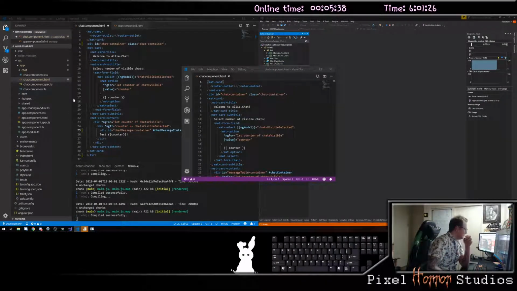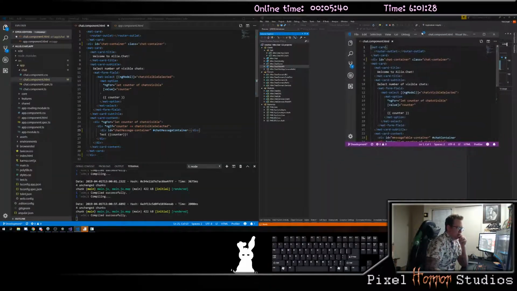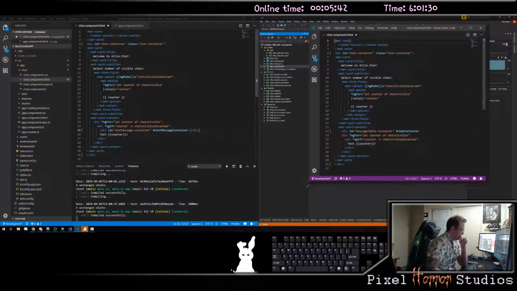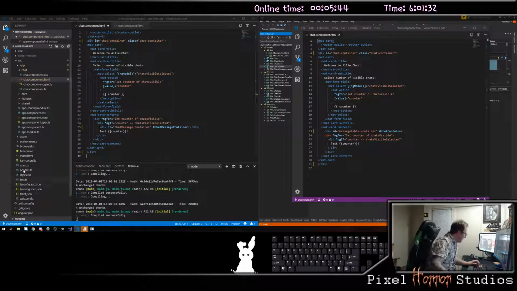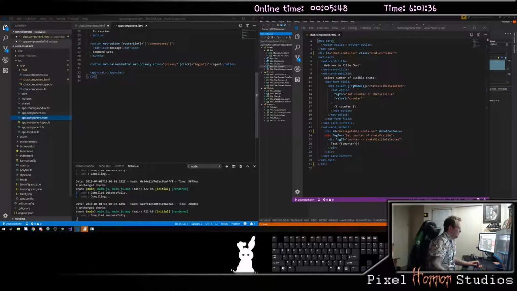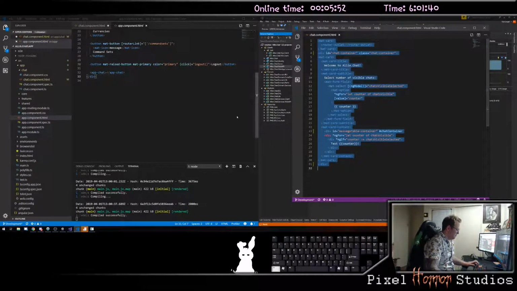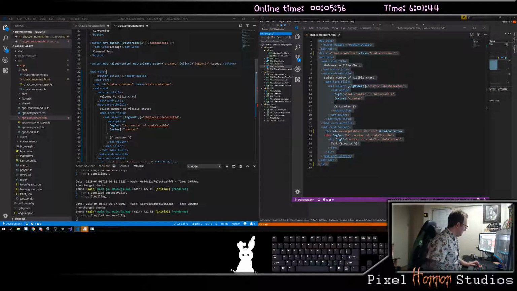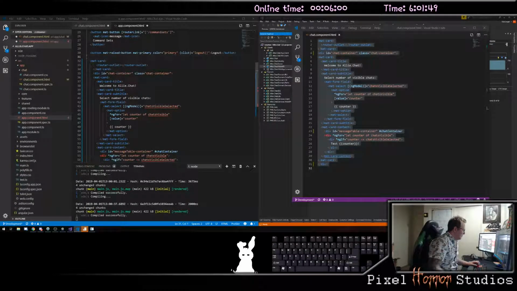Here. So in my app HTML, under here we're going to add in this card like that with my router outlet, my chat container, my number of visible chats,